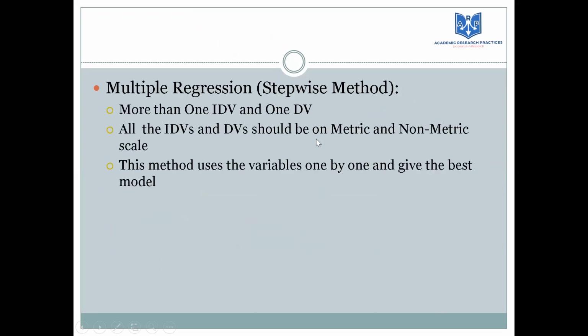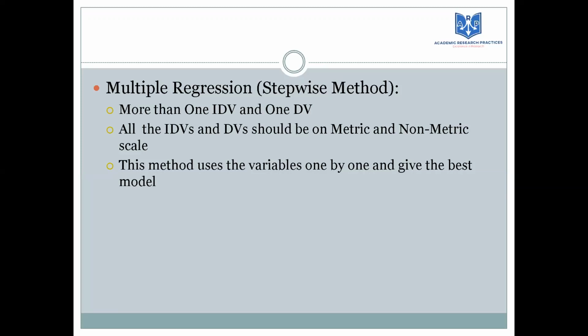Now there is another method, the stepwise method. The stepwise method is usually used to remove the multicollinearity from the regression, right? It is very useful if you want to remove the multicollinearity easily, because otherwise you have to apply a lot of tricks and methods. So researchers usually use the stepwise method.